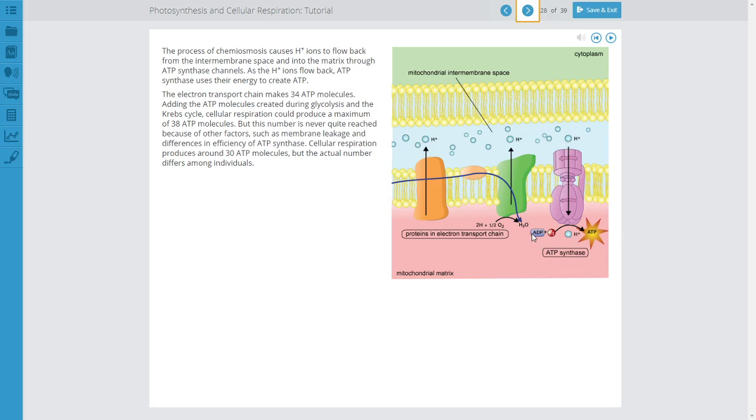We have finally gotten to the end of the electron transport chain, and in photosynthesis, this is where sunlight went in and it did the reverse, but now we're at the end of respiration. This is where energy comes out. Of course, that energy ultimately started with the sun, but these ATP are what you use all day long to do everything in your body, and it requires sugar to start with,